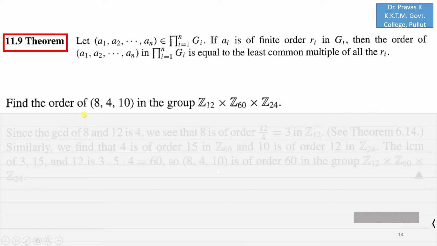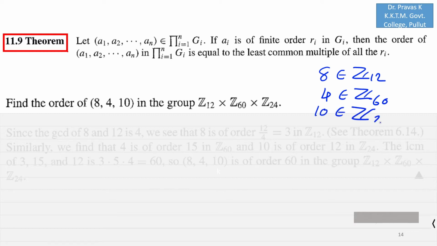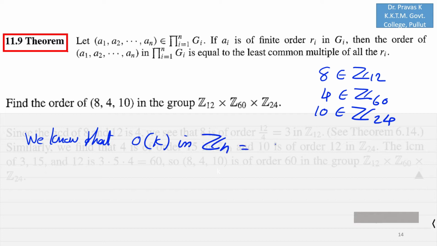That is, let us find the order of the element (8, 4, 10) in the group Z12 cross Z60 cross Z24. So here you can see that 8 is a member of Z12, 4 is a member of Z60, and 10 is a member of Z24. Now we know that